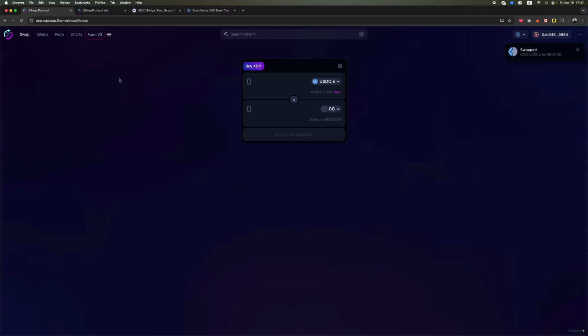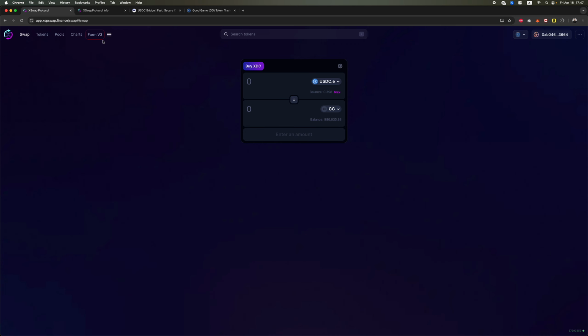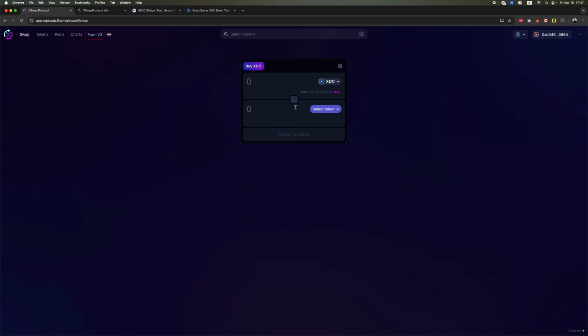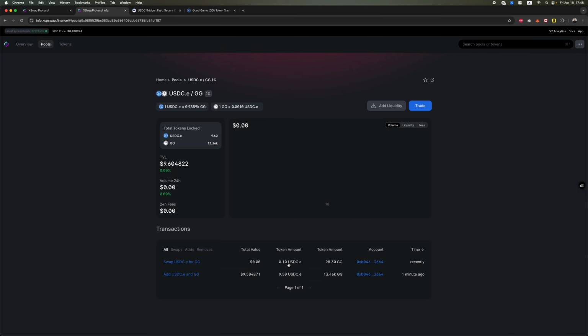All right, it's swapped. What we've done, we just deployed the contract, right? I deployed the contract, took the address, opened the pools, created liquidity with that token and with the USDC. I paired it with the USDC.e token, and went to the swap page and swapped. And also after swapping, we will see the transaction here. It's over here. Swapped 10 cents for almost 100